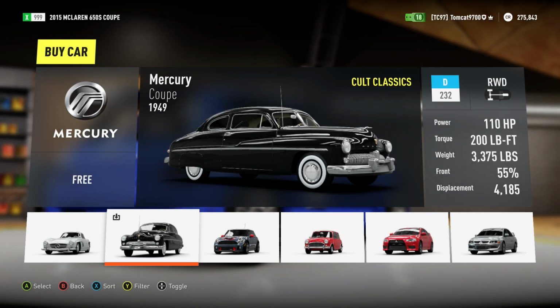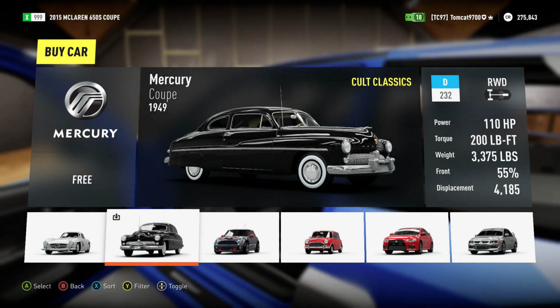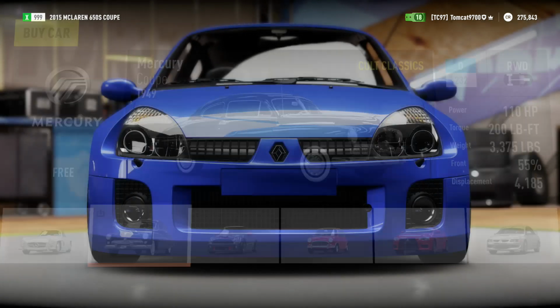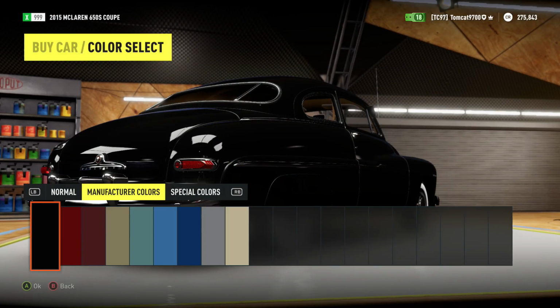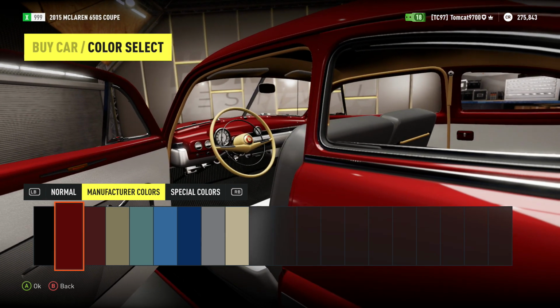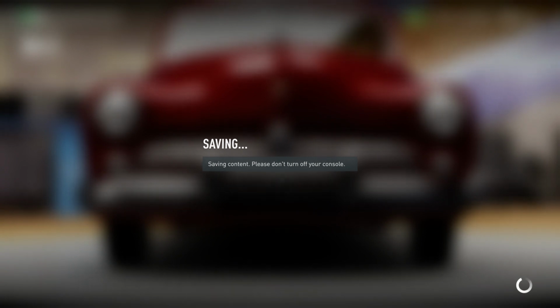Tomcat here, and today we are back in Forza Horizon 2 for a drift build of the 1949 Mercury Coupe. Now, this is a little bit different compared to pretty much everything else in the game. Totally different in terms of suspension, engine, pretty much everything as far as this car goes. So what we're going to try to do is at least attempt to slightly bring up the performance a little bit, and the pedals are missing. I don't know if you guys noticed that, but they're completely missing from the floorboards. Anyway,